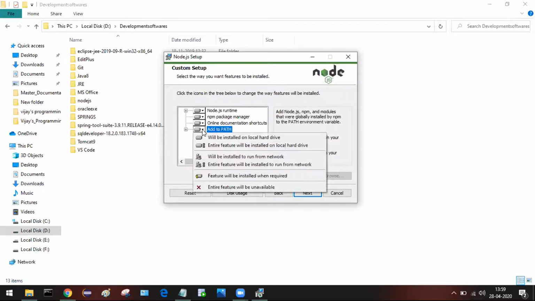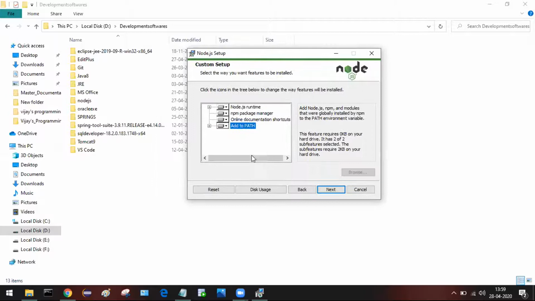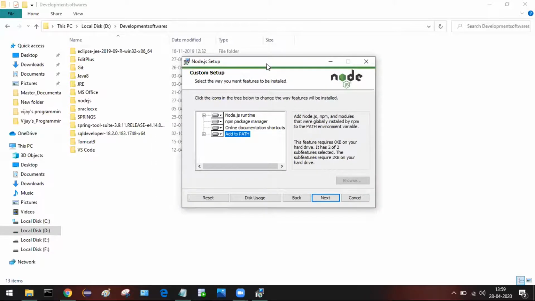If you don't select this feature, it won't be installed, and then you need to set the path explicitly in the system environment. This is going to set the path for us automatically. Just click next.